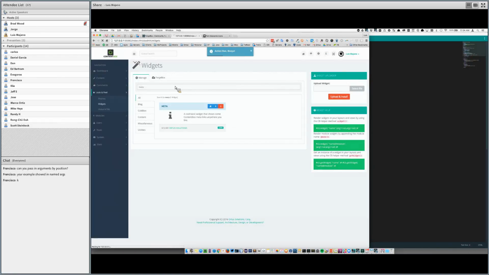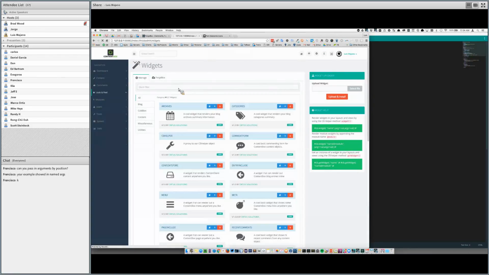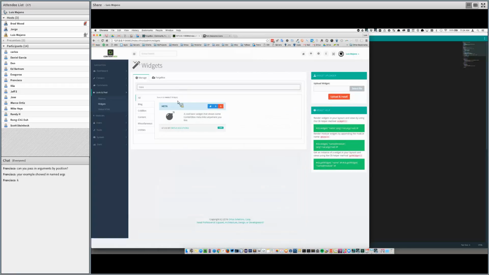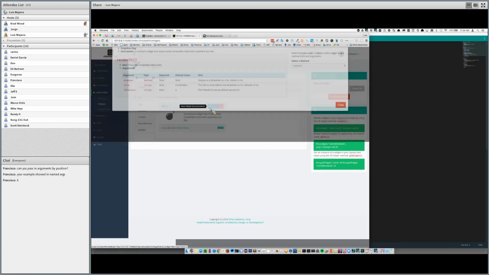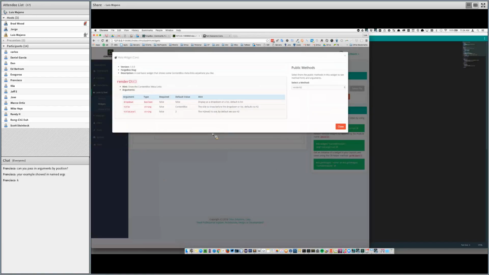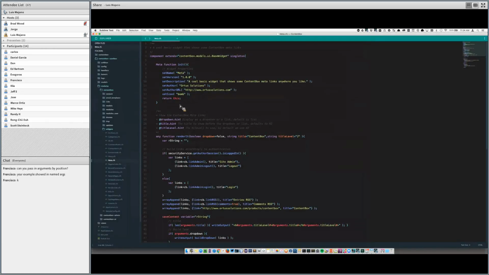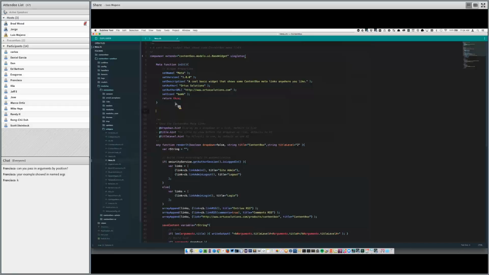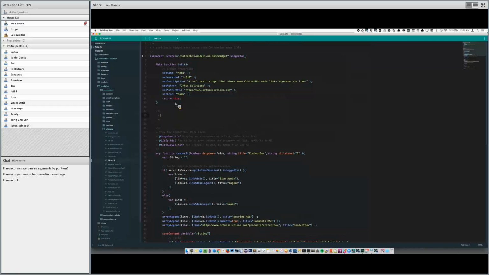So let me change the icon. Let's look for the bomb. So this widget is going to be the bomb. Then I can go back in here, and I'm just going to reload my application and refresh. And I can have my widget. Oh, not refreshing.